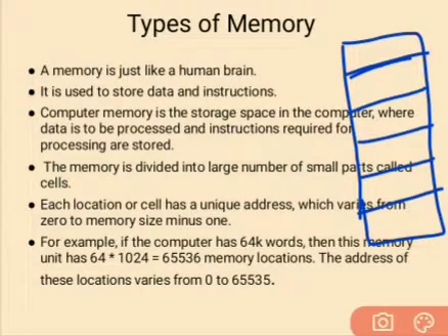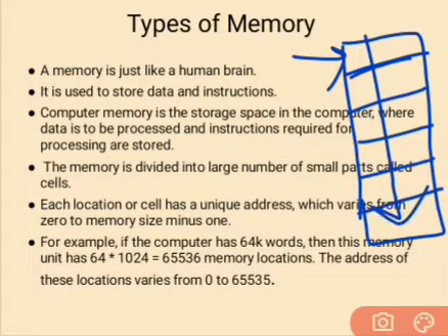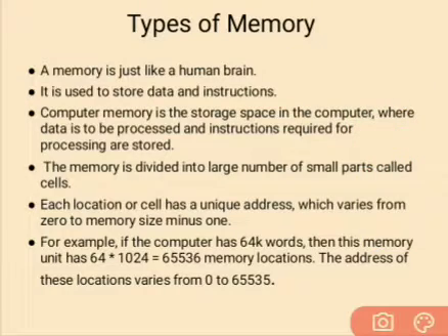So these parts we are going to call what? The number of cells. So each of these, what we are looking at, these all are the cells. Each cell has a unique address which varies from 0 to memory size